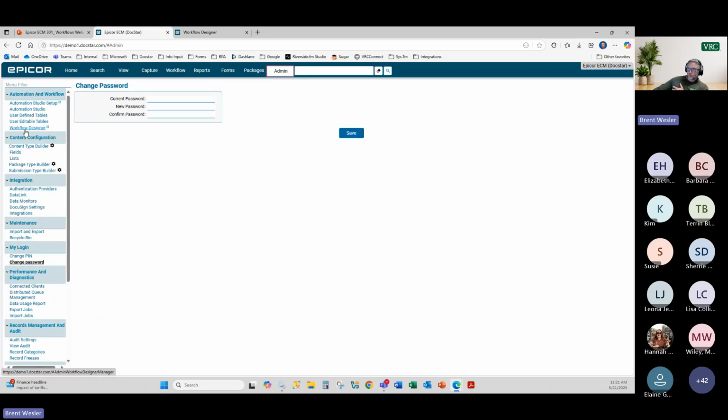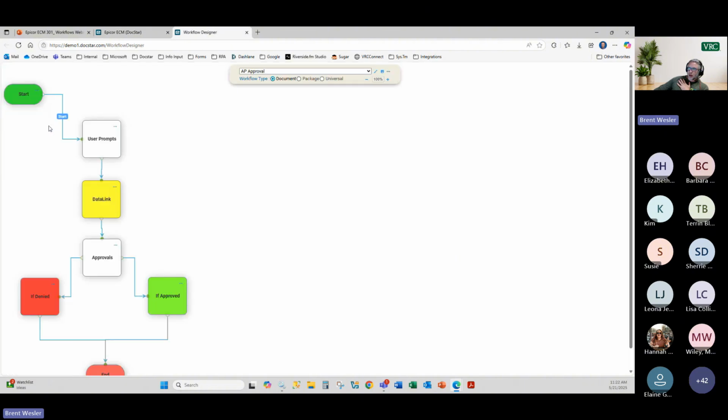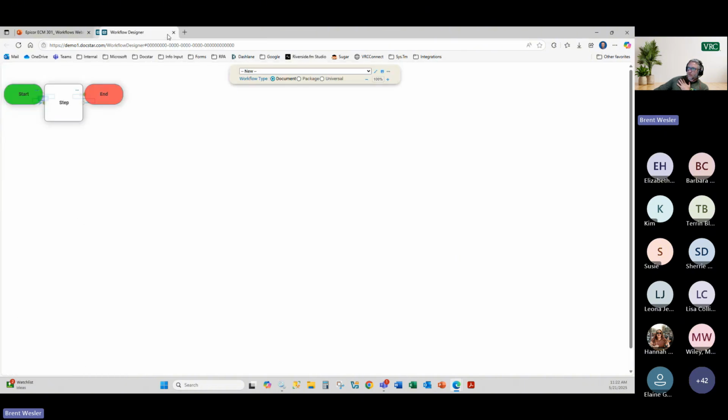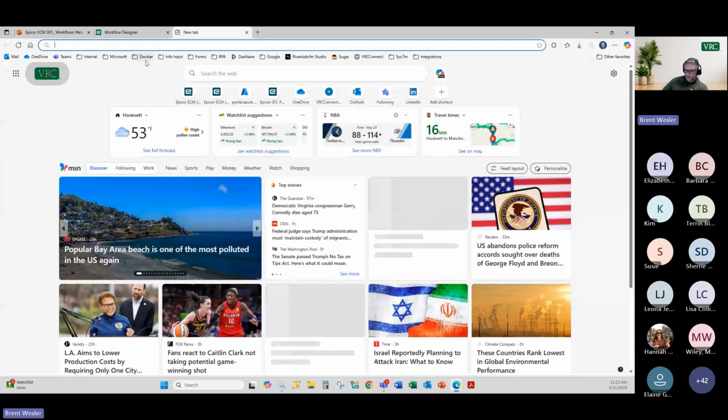Now I'm on a newer version, so you'll notice most of you might see it at the top. So this bar here on the left will be kind of at the top of the screen. That will change with our new version upgrade. And you'll see here, I just click this little icon there, which now gives me this workflow designer. And when I talk about